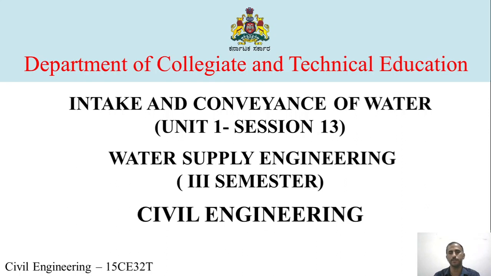Then we learned the advantages of pressure conduits over gravity conduits. Then the design criteria and general requirements of pipe material for pressure conduits. Then we learned about the type of pipes used in pressure conduits. In those type of pipes, we focused on cast iron pipe. In this session, we will be learning about the remaining type of pipes.